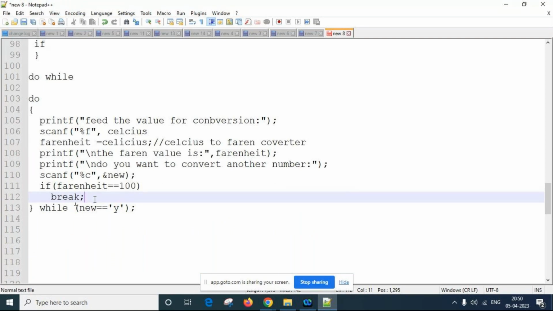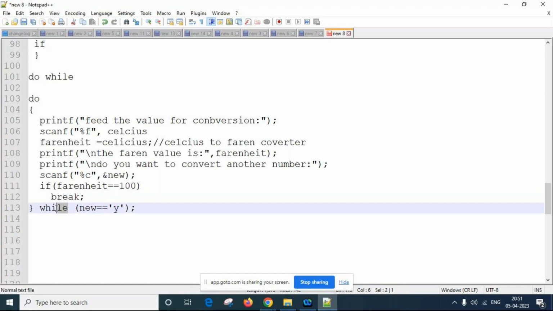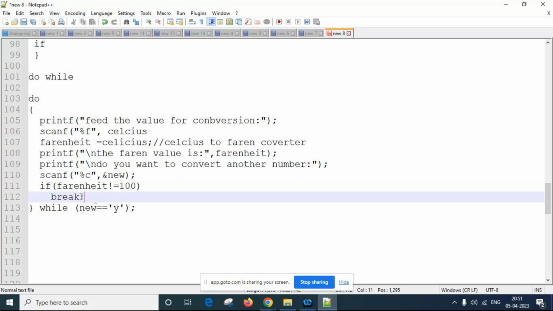Unconditionally this while statement will be broken, and the control will come out of the while instruction. Suppose if it is not equal to 100, then continue. That is, it will be going on.